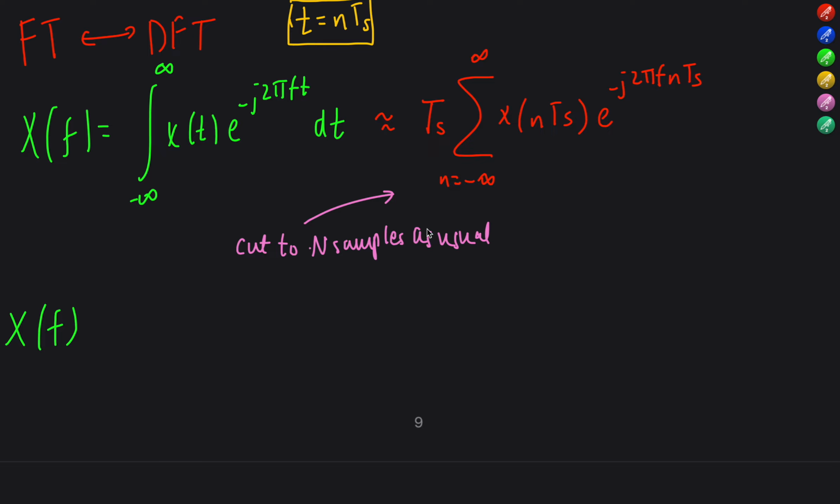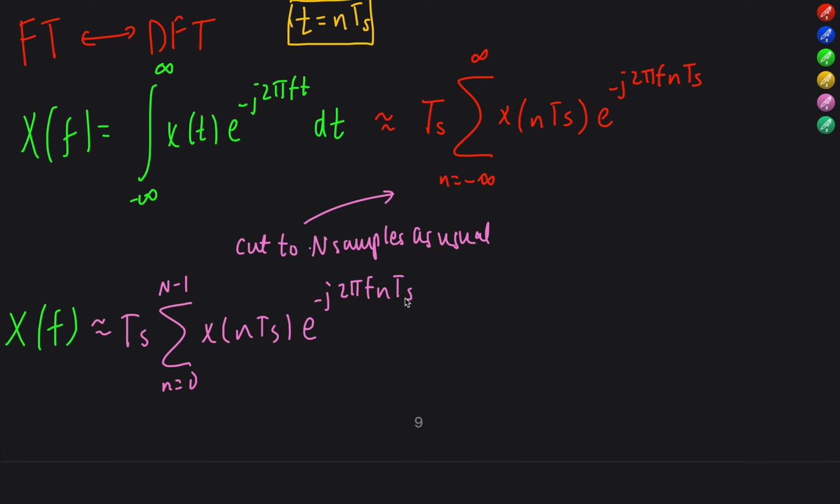Instead of going over all of this, because in the DFT we never really do that, I'm going to cut my summation to a finite number of samples. So now I have X of f is approximately ts times the sum from n equals 0 to N minus 1. That's looking nice, we're used to seeing that. Of x of nts e to the minus j